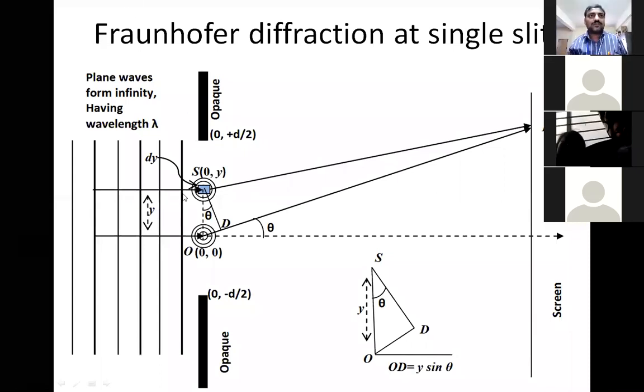So you have a slit, the open portion extending along the y direction from minus d by 2 to plus d by 2, with a whole width of d, and plane waves are coming from the left hand side from infinity. Their wavelength is lambda. They are a plane parallel beam because I am discussing Fraunhofer diffraction, so I only involve plane waves. These plane waves are hitting this open portion normally. I mean, this gap is open, so this portion is simply hitting it.